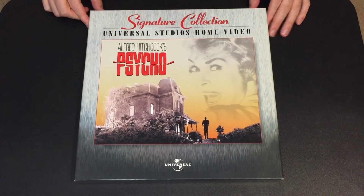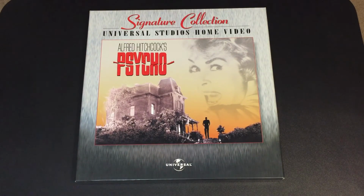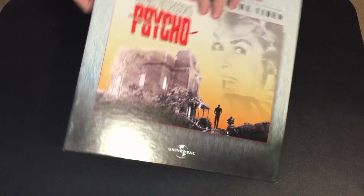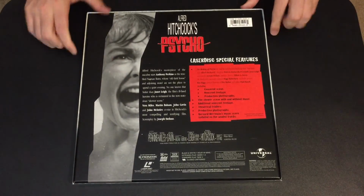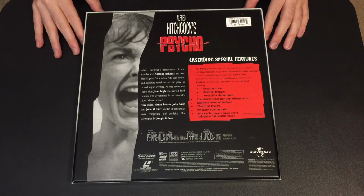So it's thicker cardboard on the sides, and it's not like the Jaws box where it's really thick and the sides kind of bow out, and it's a box and not just a plain gatefold. But again, has the standard Signature Collection line. It has the old style of art that was used on a lot of the video releases, with the shot of Marion screaming in the background of the Bates house, which looks really, really nice, even though it's not original poster artwork. The rear is fantastic, where it's black and with the blood red rendering all over it, and then